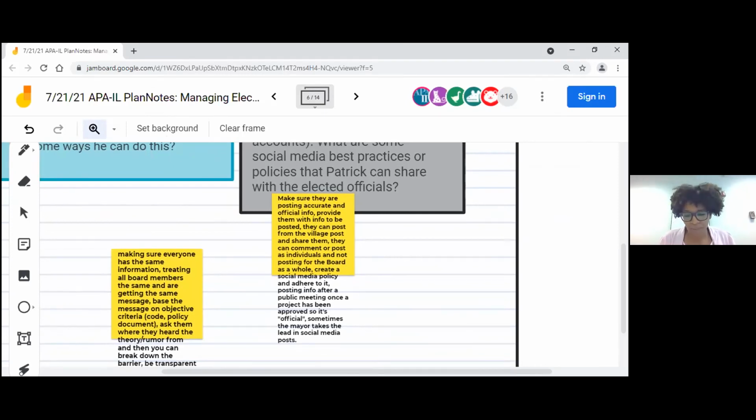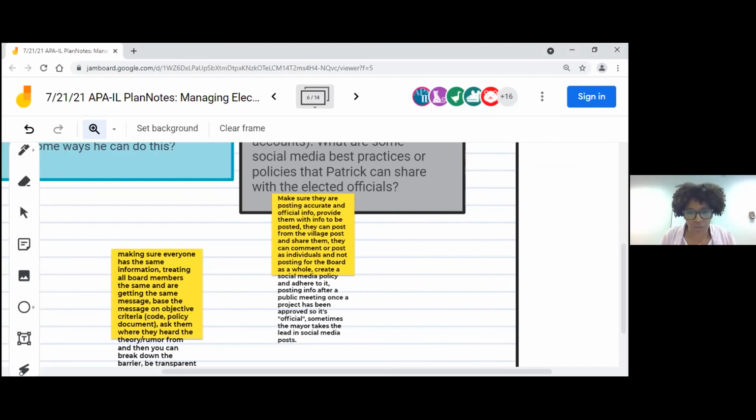I think that if this was my particular situation and I saw this, as a director of my department, I would go to my village administrator and say, hey, I'm noticing the village has its own social media website and we put out content, but some of our elected officials are posting information that doesn't include all the facts. Maybe we need to create a social media policy. I would probably even draft one up and give it to my boss and say, what do you think about this, so that all of our elected officials have the same document to work from,